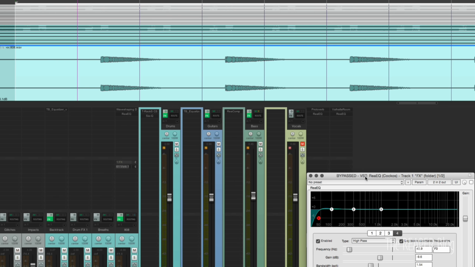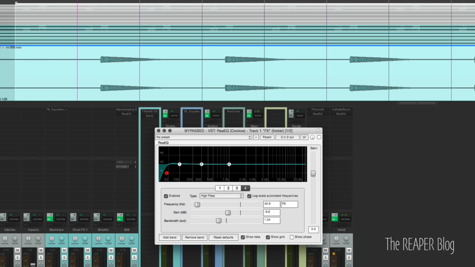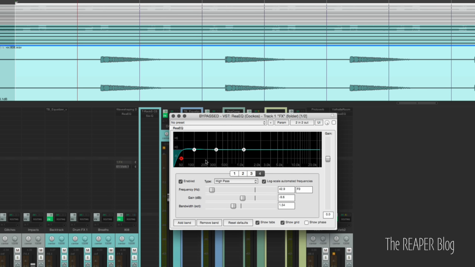So now I'm going to do the same thing, but on the folder track. The sounds going through this track are going to have an EQ on it. I'm going to do the opposite. So I'm using a high pass. So the filter is going to go up whenever that sub bass tone comes in. So it's going to come up and then slowly come down, letting through that bass note by filtering out everything